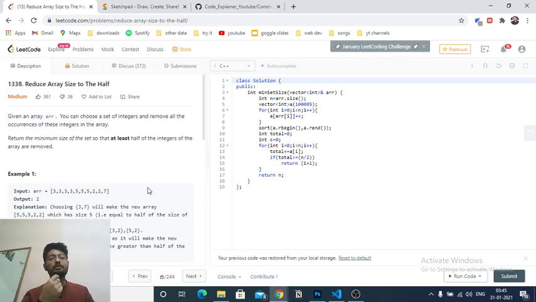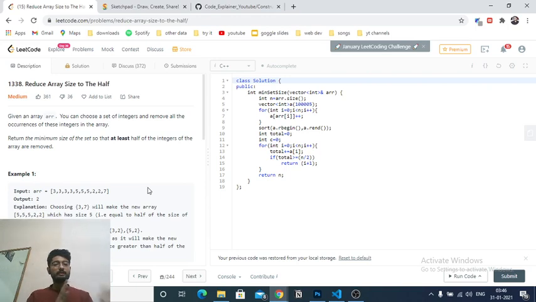So what is the optimal way? The optimal way is to choose a number which is maximally occurring in the whole array. If you delete that number, then deletion of only one single number will reduce the array size by a very large number. And thus what you can easily do here is first iterate over the whole array and make a frequency map of all the numbers. Then sort the frequency map, such that you sort all the numbers by the number of their occurrences,